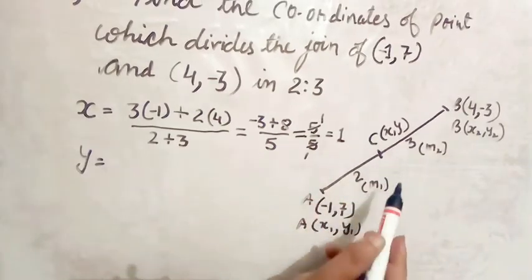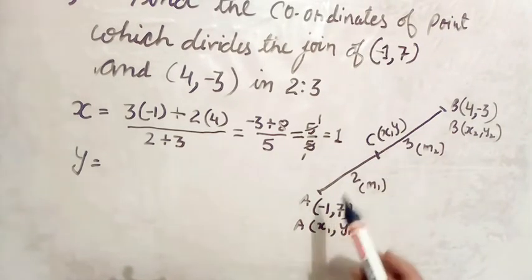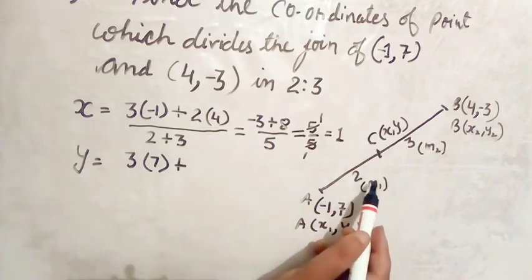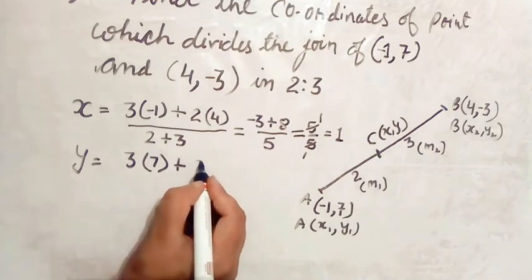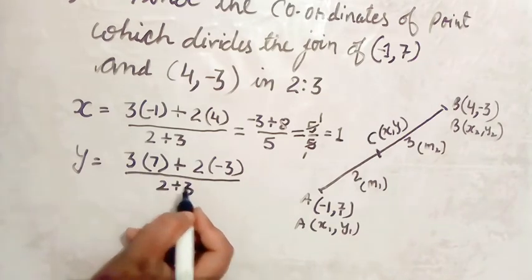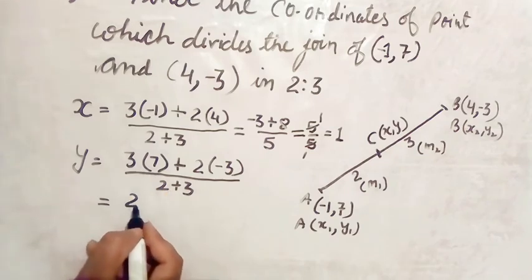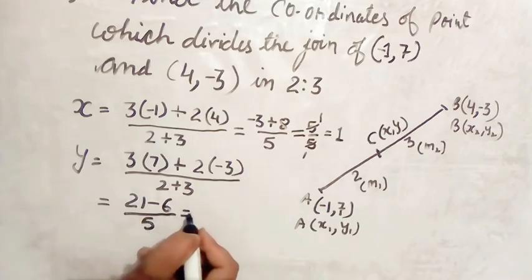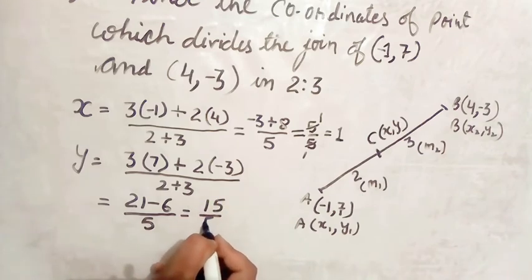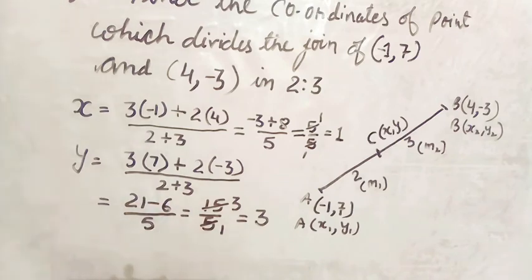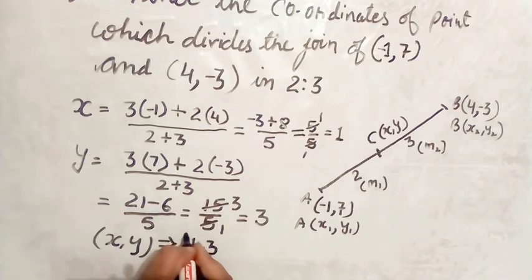And y is in same way m2y1, that is 3 multiplied by 7 plus m1y2, that is 2 multiplied by minus 3, whole upon m1 plus m2, that is 2 plus 3. So simplify this also. 7 3s are 21, 2 3s are minus 6, and 2 plus 3 is 5. This is equals to 21 minus 6 is 15 upon 5. 5 1s are 5, 5 3s are 15, and the value of y is 3. So the point x, y will be equals to 1, 3, which is your